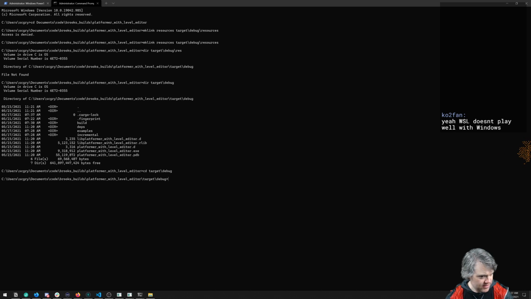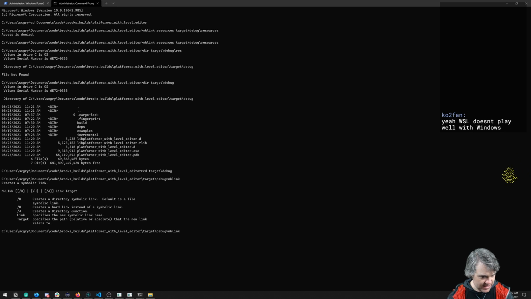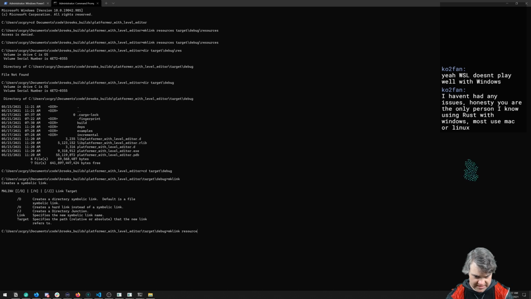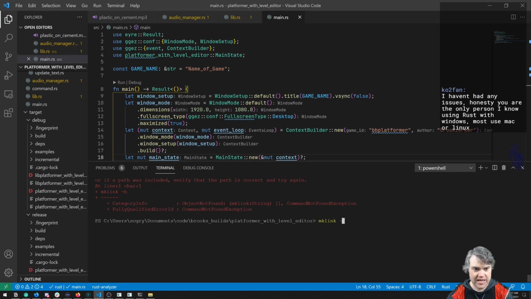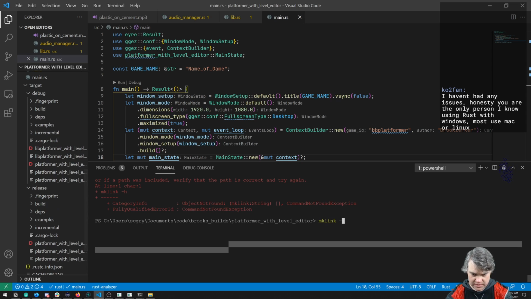Okay, let's try it this way. We're going to do a make link. So we see that it's make link. Is it the other way around? Oh, it specifies the new symbolic link name. Okay, so make link resources and then the path. There, I think I was going opposite. So now here we have this resources there. If we head back into here now and we rerun it,